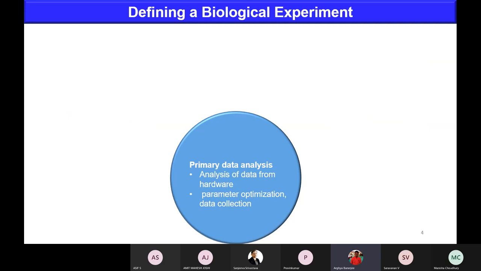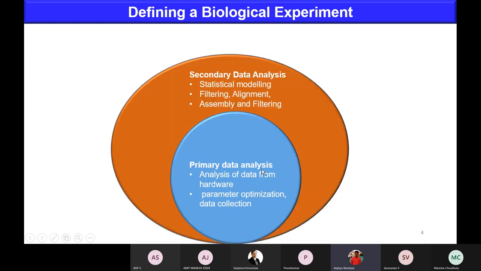First is the primary data analysis, where the analysis of the data is made by the hardware. The hardware generates the result. It may be a mass spectrometer, an XRD, or NMR data. Any kind of data can be there, any domain where the frequency domain can be converted into a feature domain with the help of Fourier transformation. You get a matrix. What are the factors governing the primary data? Instrument parameters, parameter optimization, how the data are collected, on which date the data are collected, whether you have used any internal standard or not. Those parameters affect your primary data collection.